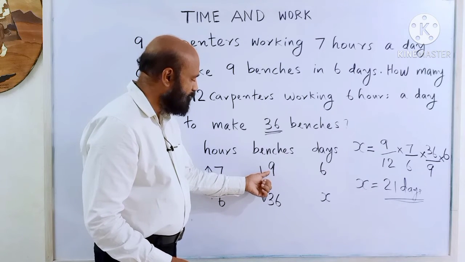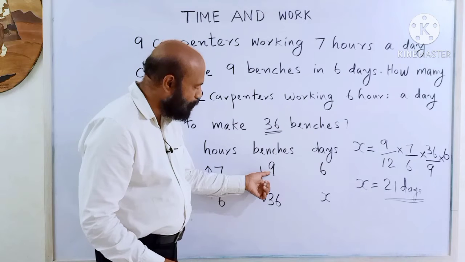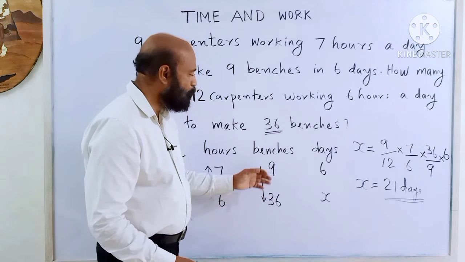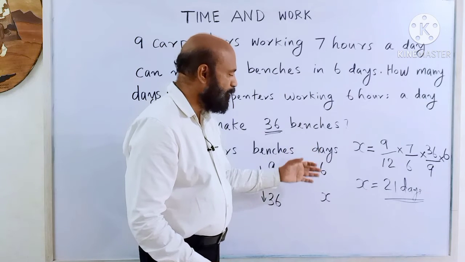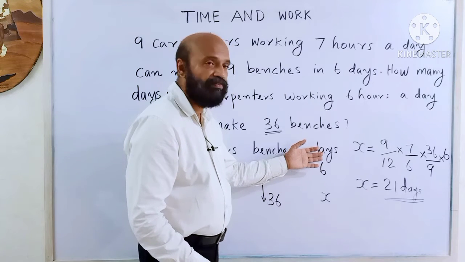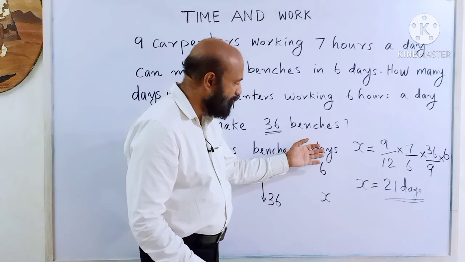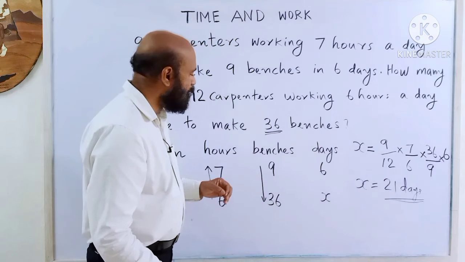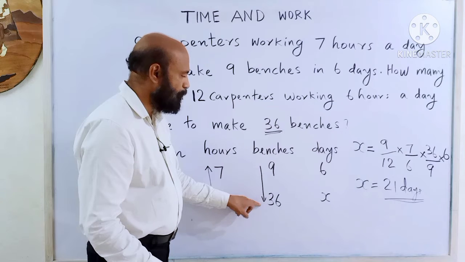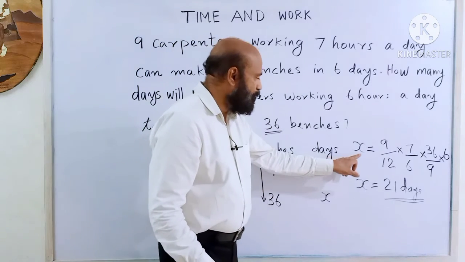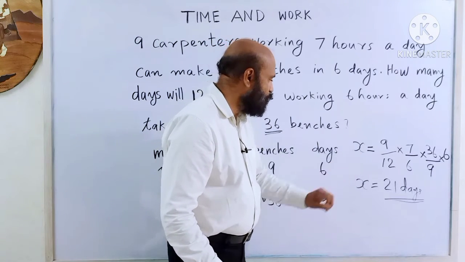Benches, 9 benches, 36 benches. So the number of benches increases. More benches are to be made, so more days are needed. That means the number of days increases. So you put the arrow from the smaller number to the greater number. Then you can write like this: x is equal to,